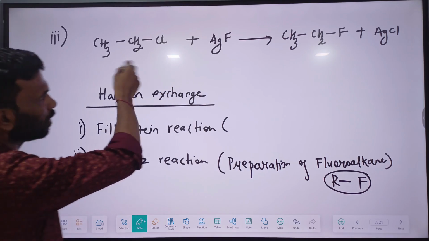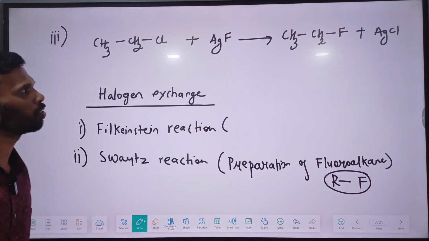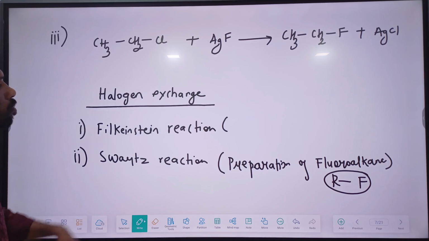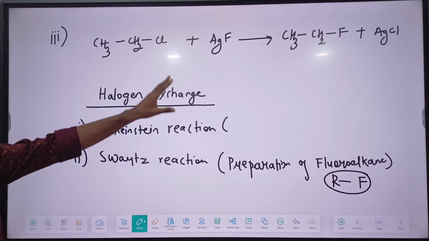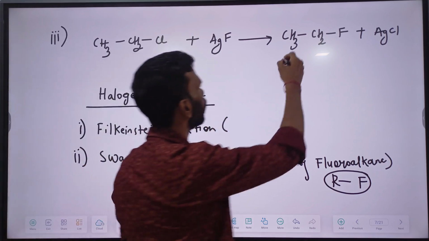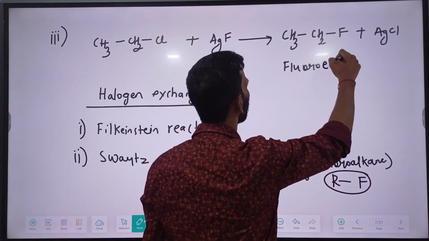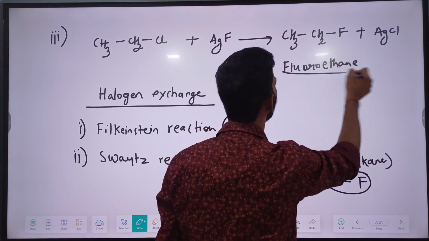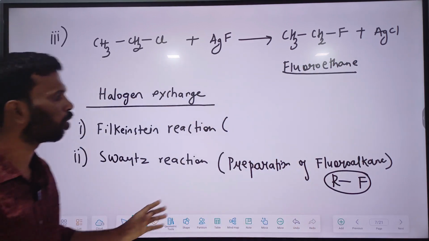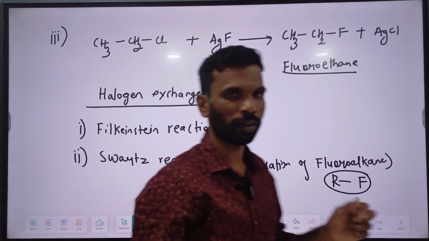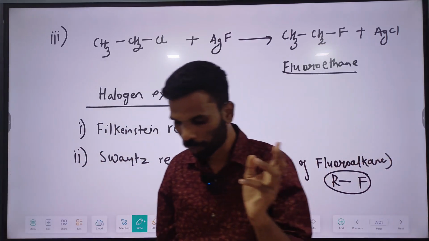So basically this reaction is the preparation of this fluoroethane over here. Fluoroethane is formed. So this is a Swarts reaction, and you have to understand the difference between Swarts and Finkelstein